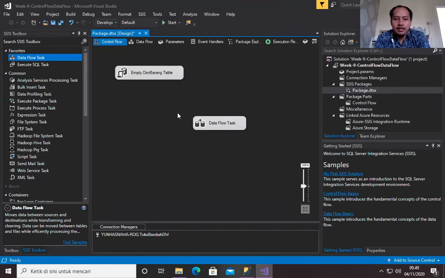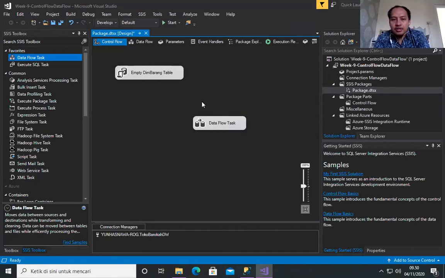Because maybe this one will finish first and then this one, so at the end of the execution you will not have any data. Or if you are lucky, this one will be executed first and then this one, so you will get the correct, new data. But this is not guaranteed. This one can be executed first, or finished first, or this one later and then this one first.